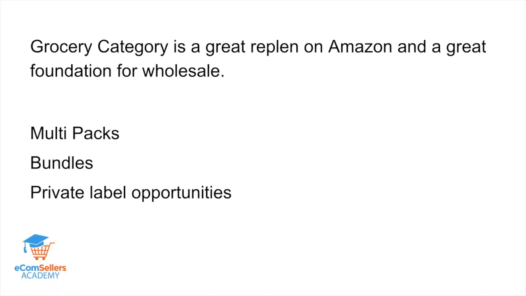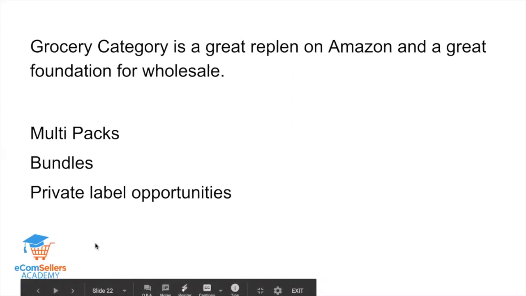So your dried foods, your coffees, your teas, your cereals are excellent items to look for wholesale suppliers for because your expiration dates, you get a good 12 months. Some of them out 14, 16 months, especially those dried foods. So the grocery category is an excellent category. Of course, all of them are good, but I'm just a little partial to grocery. It works for me.